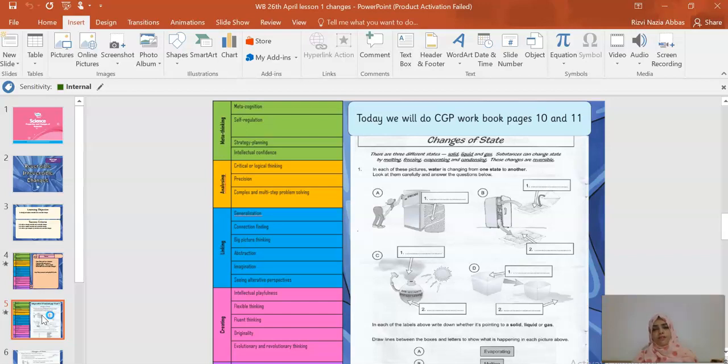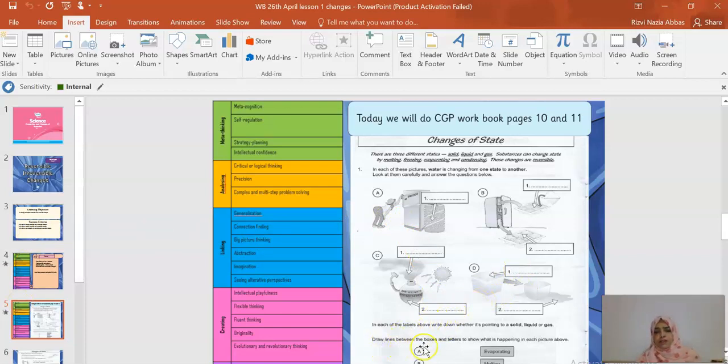In picture A, the can is outside the fridge. It has got water droplets outside. So what is the state of water there? Yes, it is liquid. In B, it is going in the fridge, you see the first arrow, number one, going into the fridge. Before it is in the fridge, what state is it? After it is outside the freezer, what state will it be? In the same way for C, you can see the gas up there, and then you decide whether it is liquid, solid, or gas. In the same way, you have to label.